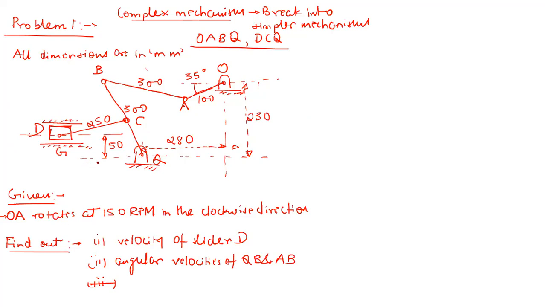Now, first of all, tell me on what basis I divided these two mechanisms. This thing you have to make very clear. On which basis did I divide this mechanism? Can anyone answer? The type of motion. Type of motion, that is one point. Another thing is how I identified that these two mechanisms will be separate. We can assume that these two are separate mechanisms.